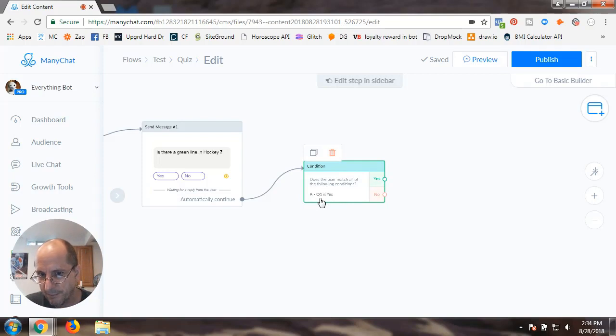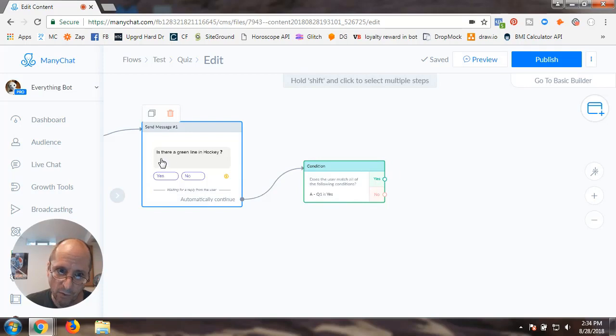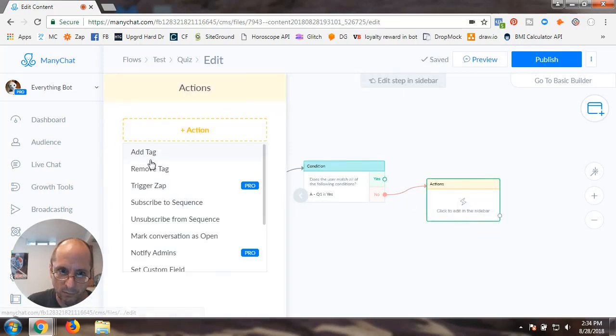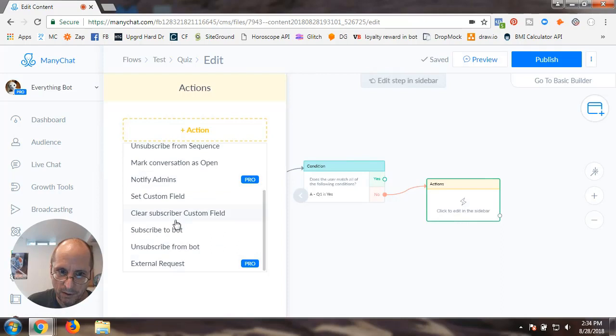So if it's yes, let's say we're going to do 0. If they're wrong with the question, we're going to give them a 0. If they're right with the question, we're going to give them a 5. So is question equal is yes? Well, that's wrong because there is no green line in hockey. So we're going to say no,